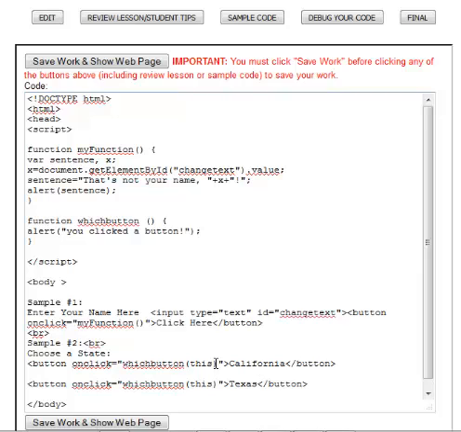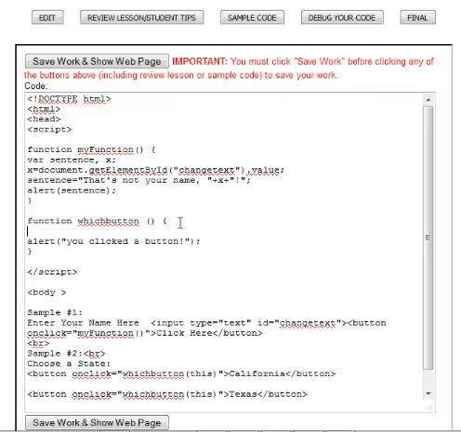But I want to add something a little different, which is where we're passing it a variable. What that is doing is passing it an argument. It's saying, use this button, right? And once I do that, then I can start to pull information about this button or this button because it now becomes an object. It becomes something that I can ask, what is a property of that button? And one of the properties of this button, in addition to if I named it or created an ID, is inner HTML. So this button has inner HTML of California, and this one has Texas. So right now, because I'm referencing this,